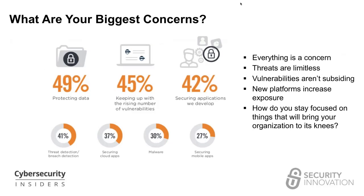Another data point from your survey: the question was, what are your biggest concerns when it comes to cybersecurity? As you can see, there were 7 different answers that 25% or more of the respondents said were among the biggest concerns. Basically, that's pretty much everything. Protecting data, securing applications that you develop, securing mobile applications, malware, cloud applications, threat detection. It's all important. And that, again, not surprising, but